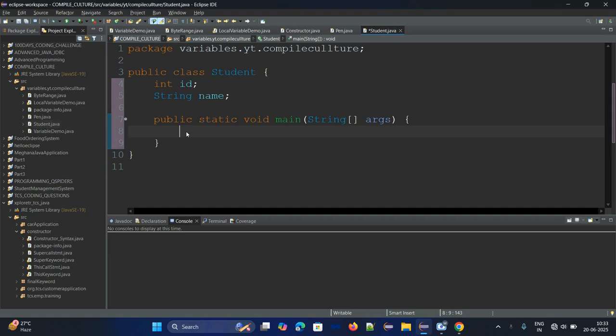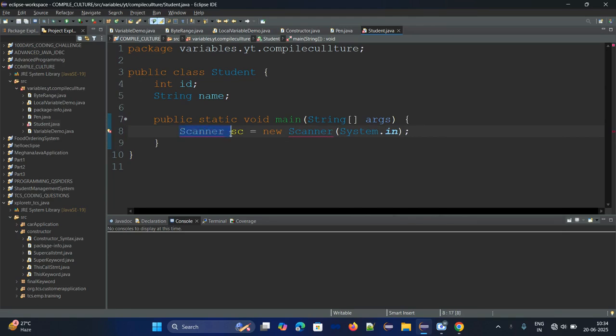For that we need to create an object of the Scanner class: Scanner sc equal to new Scanner(System.in).